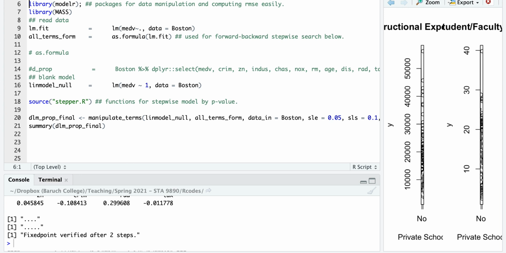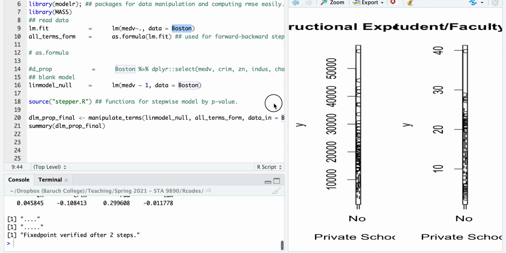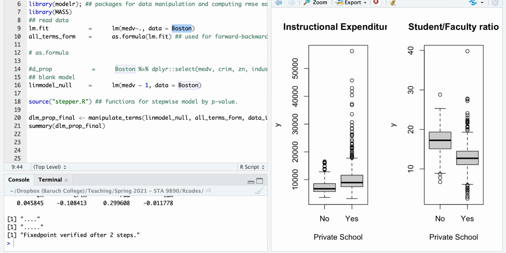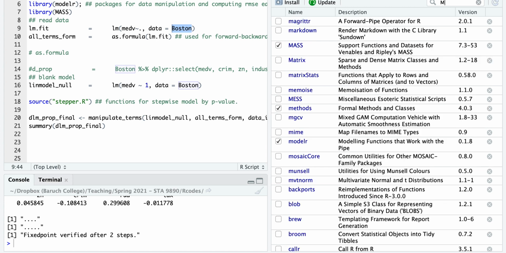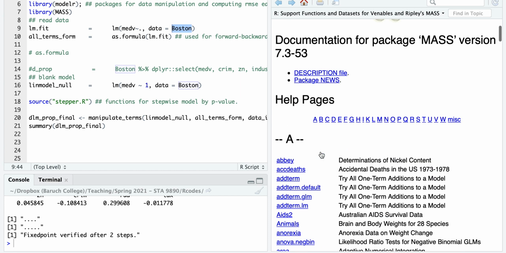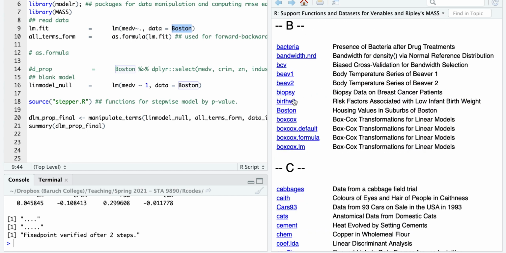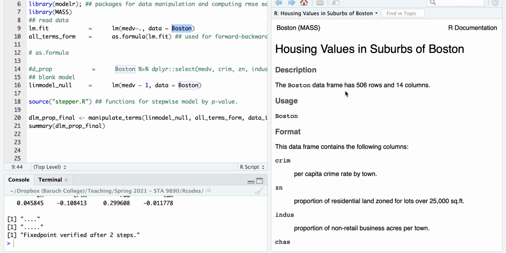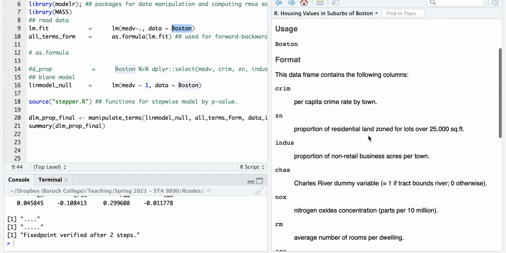Okay. So in this example, we use the Boston data set. What is the Boston data set? We go to the packages, we go to MASS: housing values in suburbs of Boston. So we have 500 observations, 14 predictors, and the predictors are